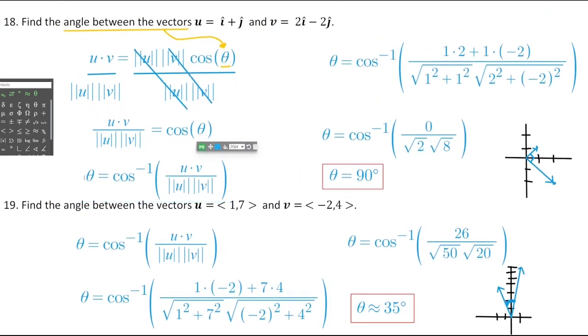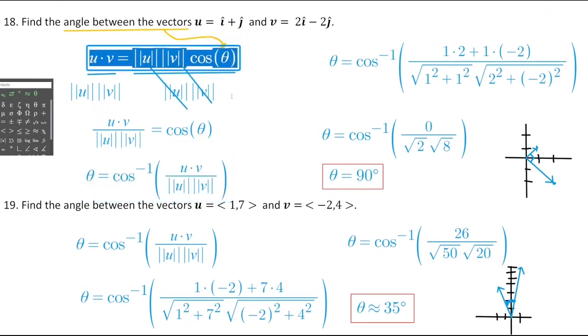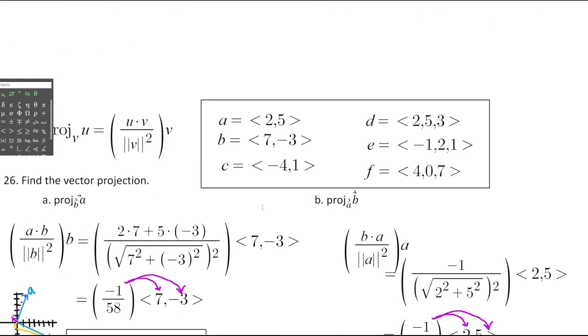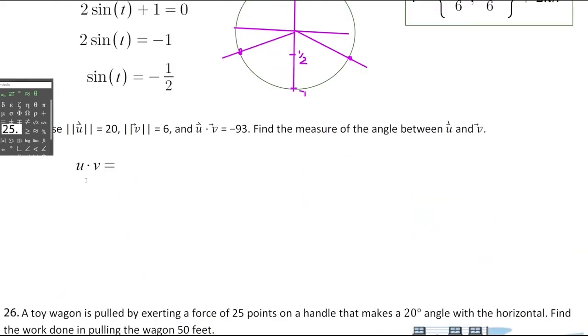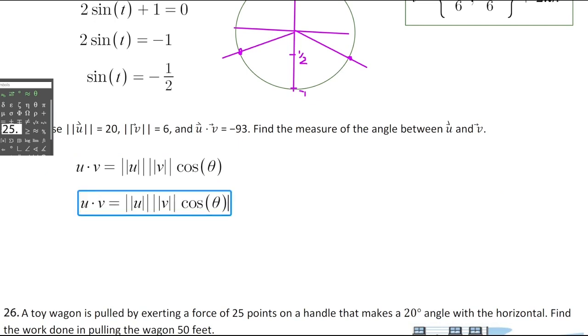So if you want to see how I come up with this equation given the dot product formula, I'm going to skip through all the intermediate steps and do it on the current one, but go back to 18 where I explain where this is coming from. The short version is that it's coming from the dot product formula, and then we rearrange this for theta. So we would divide by both magnitudes and then take the inverse cosine of both sides, and we'd end up with theta equals the inverse cosine